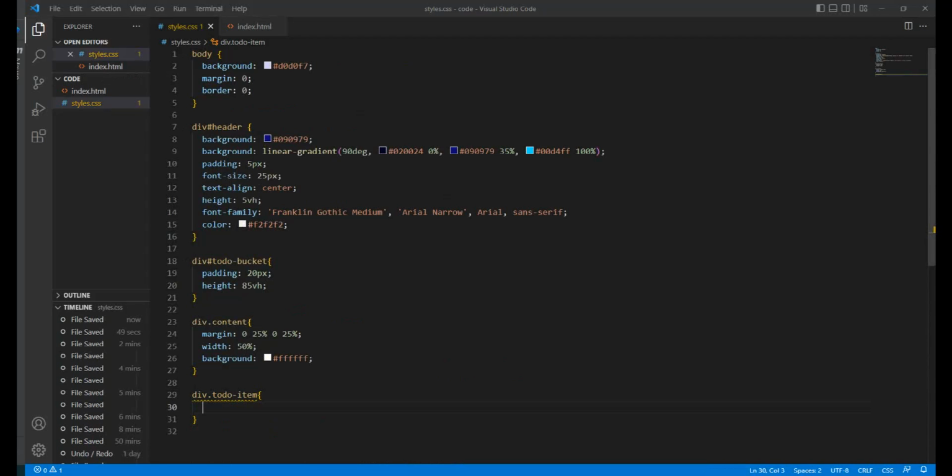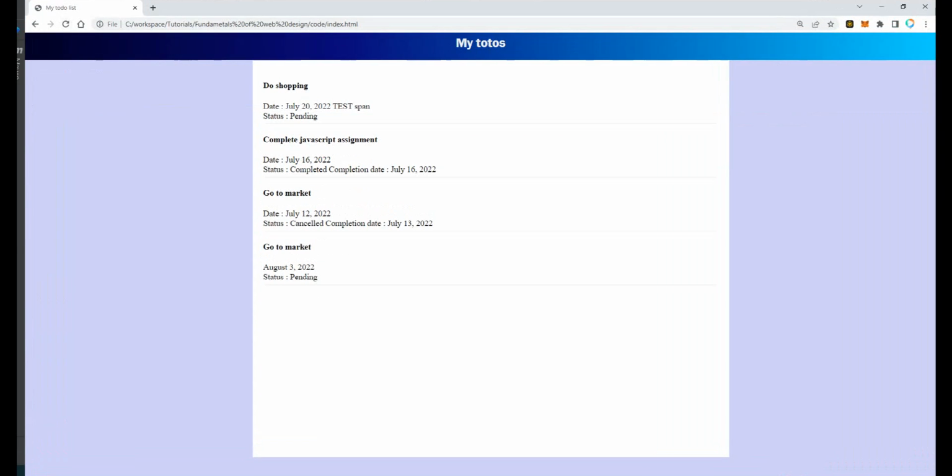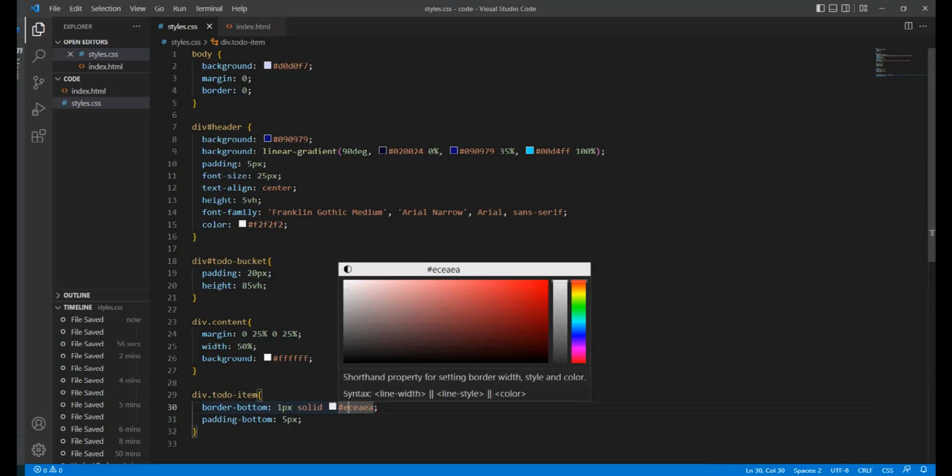And in this case, I just want to add some nicely colored border for the demarcation and a padding at the bottom. So if I refresh this, now you see a line, and then there's a small distance between the status pending and the line at the bottom, which is coming from here. So we say we want the border to be 1 pixel solid, and we give it a hexadecimal color. And